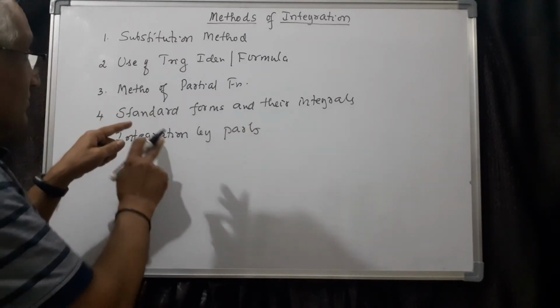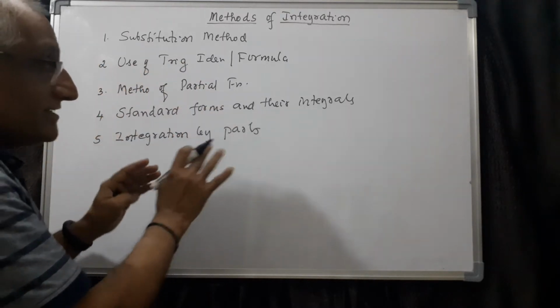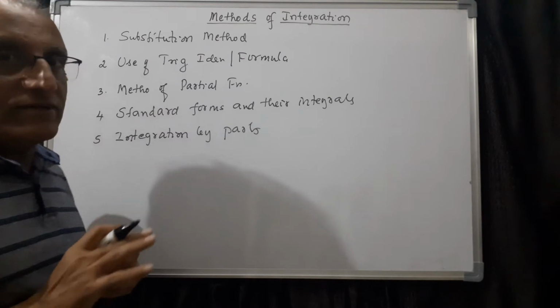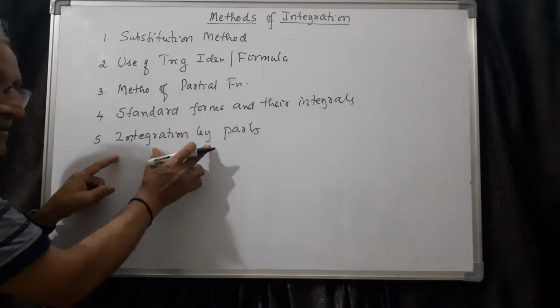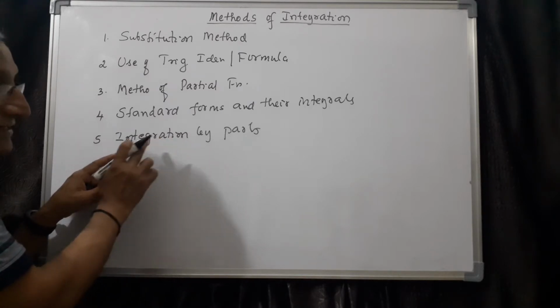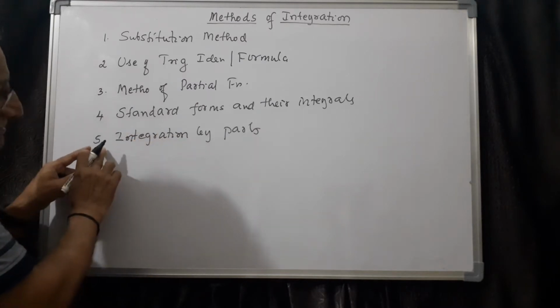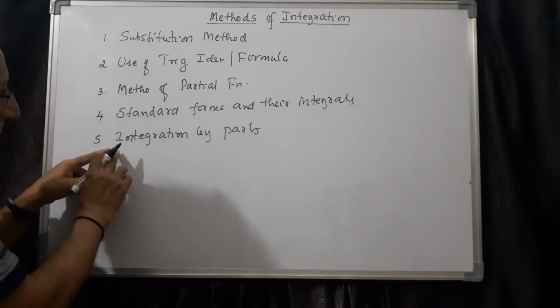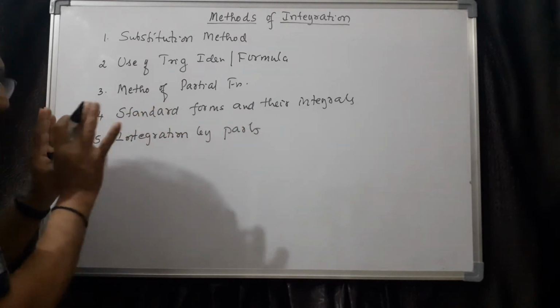Of course, in the textbook, this is not given as a separate method, but let us include this because it is easy to understand and follow accordingly. I made a mention of this one in the previous class. There is no product rule, so that is called integration by parts. We have to study them separately. So this will be last actually, and after that, the standard form once again comes. So these are the five major categories.